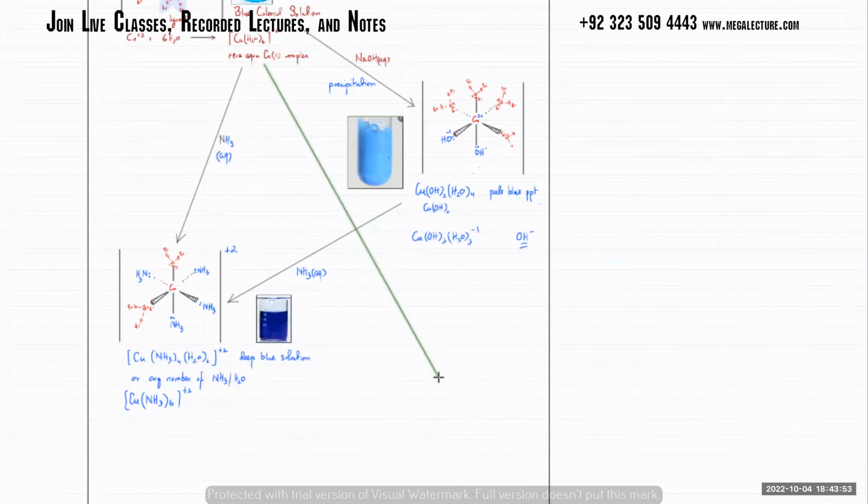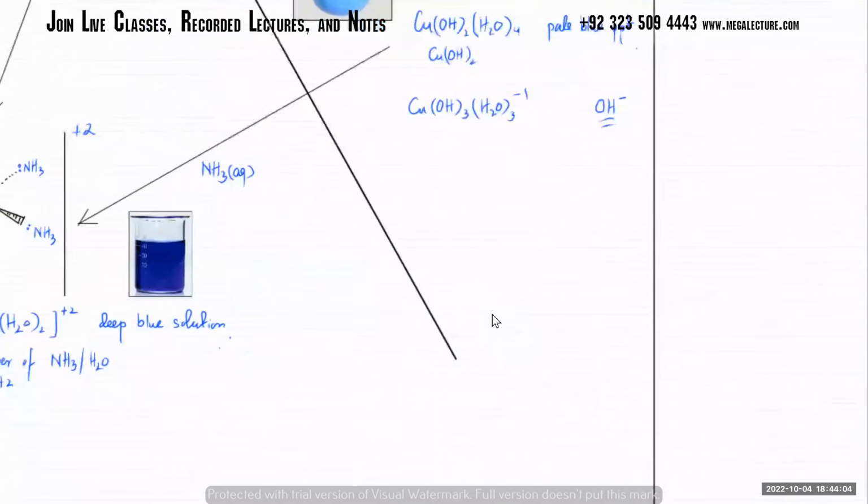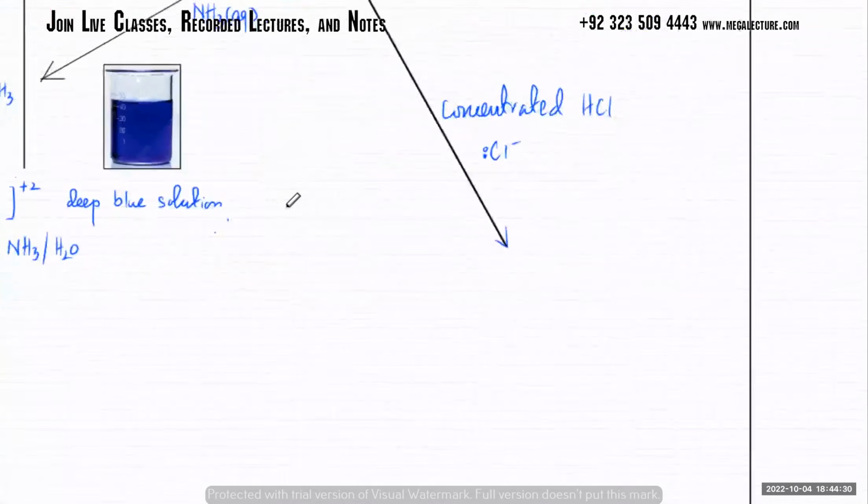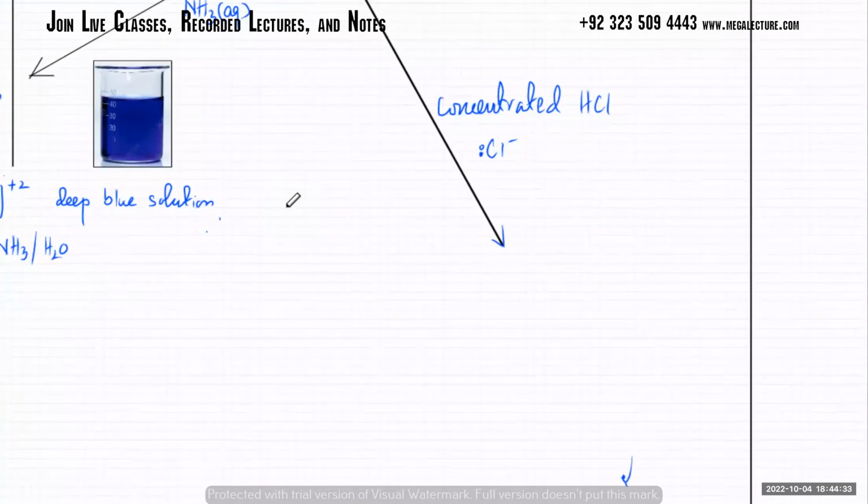And what you can do to it is, what you can do this time is you can add HCl, concentrated HCl. Now concentrated HCl has this Cl-1 ligand. Now the Cl-1 ligand, what it does is when it comes in,